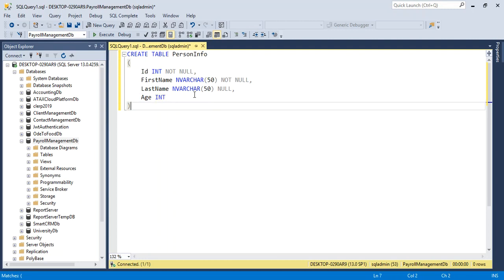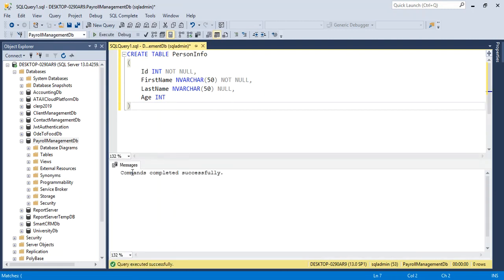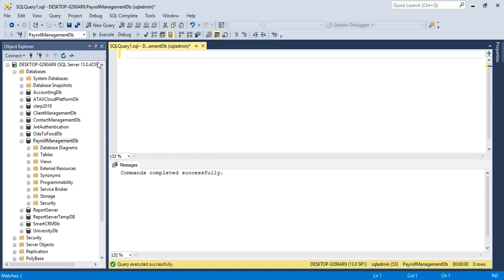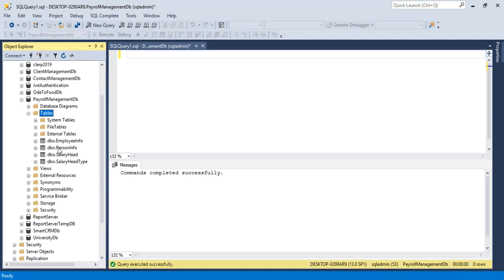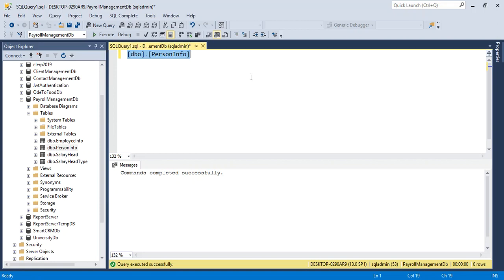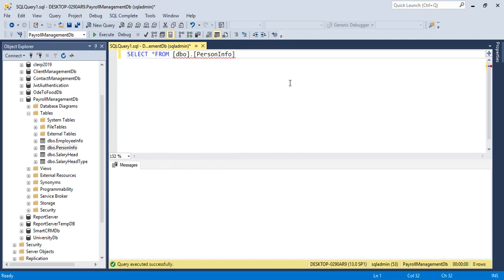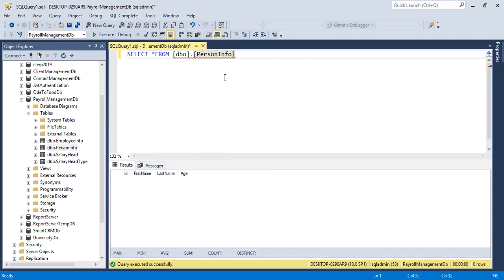So if I execute this query, yes, commands completed successfully. So let's see in our payroll management DB. Yes, we have person info here. If I select the values from person info, we have no records here. So if we insert some values in the person info table,